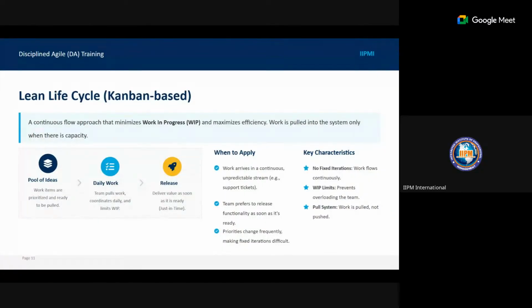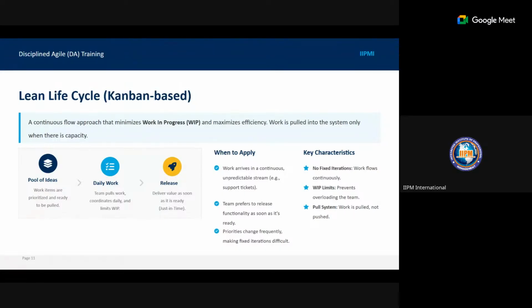But Scrum is much more structured and much more defined, in the sense that you first start from a definition of what is expected to be done. Then you create your MVP, and then you test, and then you deploy. The key characteristics of the Lean lifecycle are no fixed iteration, work in progress limits, and a pull system.